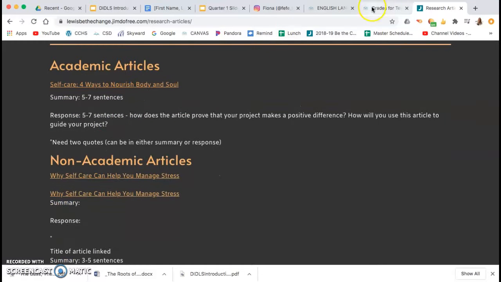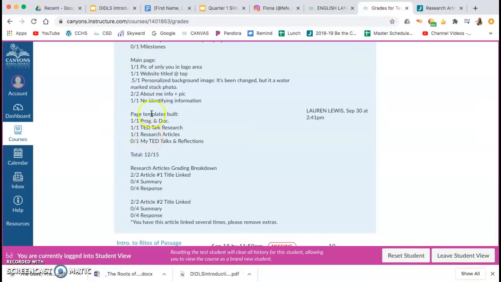So a lot of you, those grades aren't here. So that's your templates, right? And you get a score for that. So this is 1 score on Canvas. And it's the score for checklist number 1 because that's what we did to build your websites. Maybe I'll change the name to building your websites. Anyway, then I also have your grade for your research articles in this same place so that you don't have to go looking somewhere else.